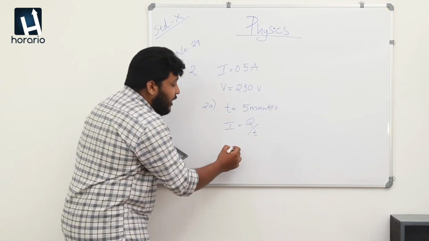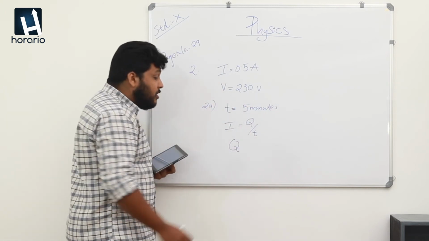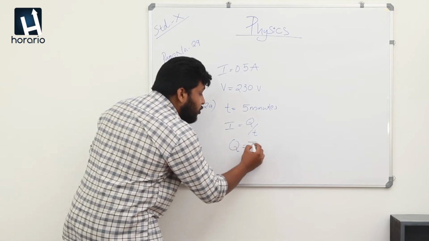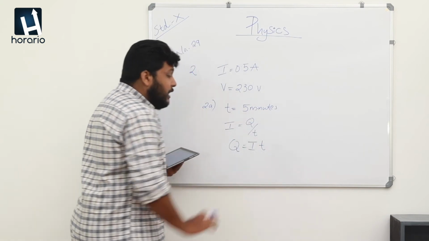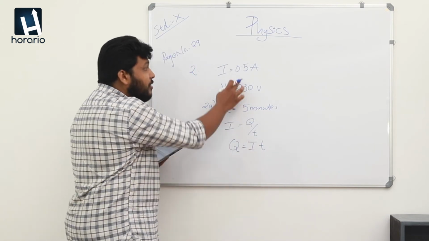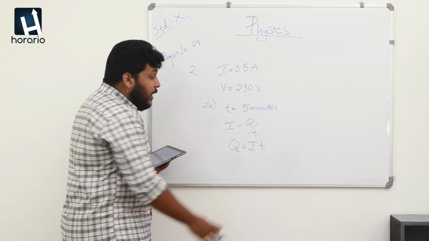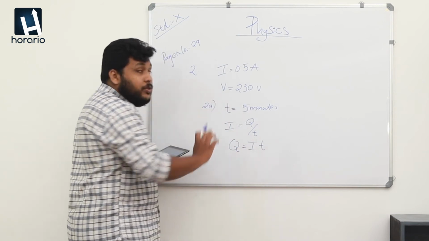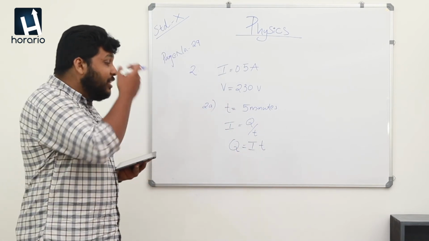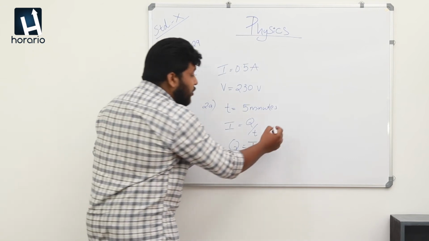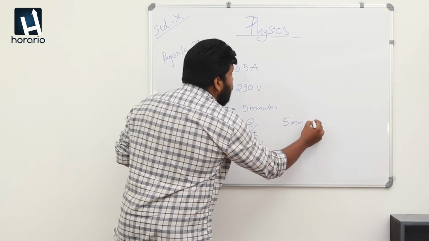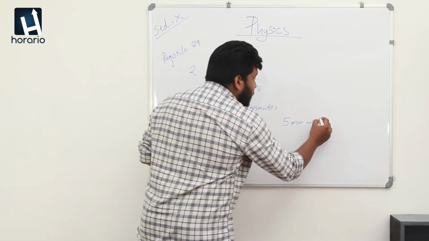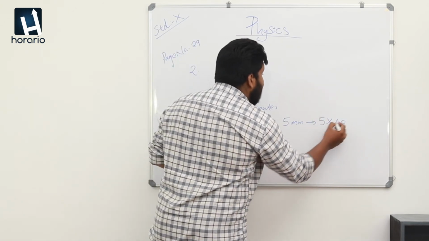So, we want to find Q, and the equation will be Q is equal to I into T. So, substituting the known values, the I is given as 0.5 ampere and time is also given. Before substituting the value of time, we want to convert this 5 minutes to seconds, and it will be 5 into 60,